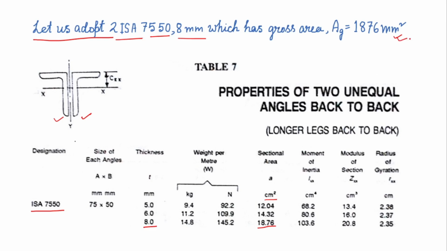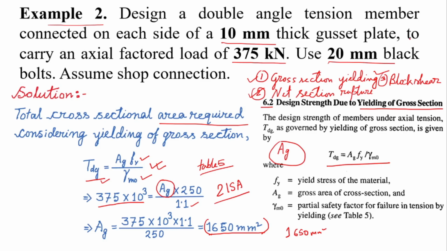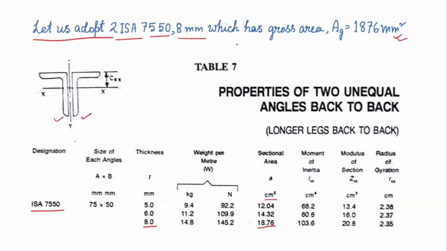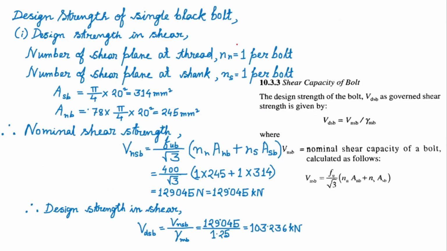In this way we have to choose which angle we are going to provide on that gusset plate to counteract the axial factored load of 375 kilonewton. So up to this step we have chosen the pair of angles which are to be connected to the gusset plate. Next step,